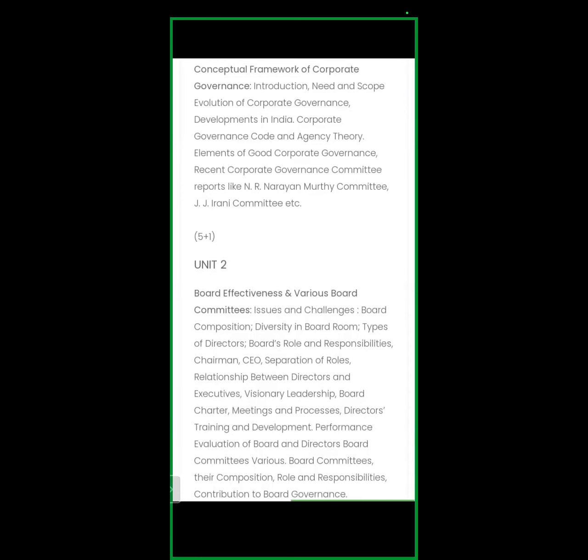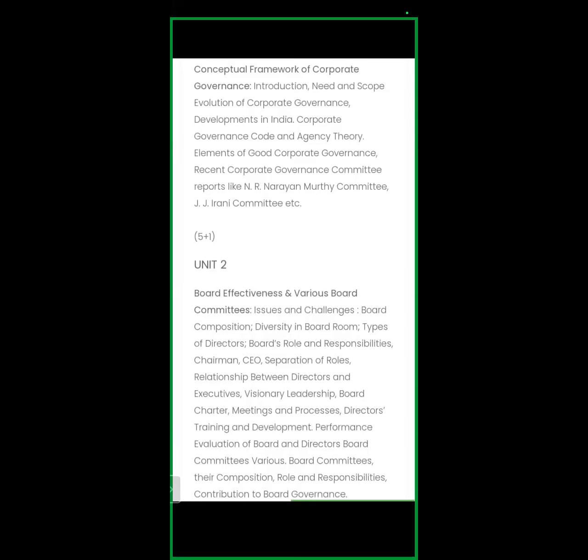A person is appointed or nominated on the board of directors of a particular company mainly because of his talent, because of his intelligence, because of his experience in that particular field. That means the person who is having 30 years of experience, or more than 20 years of experience, when he is being nominated or appointed on the board,